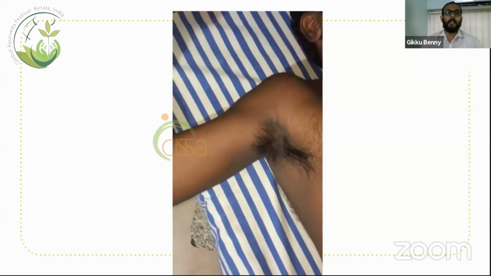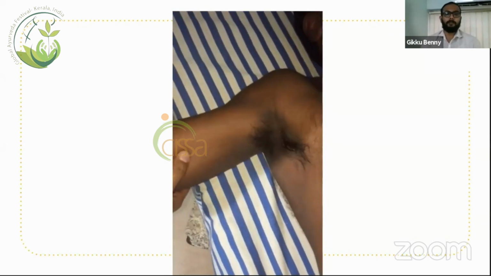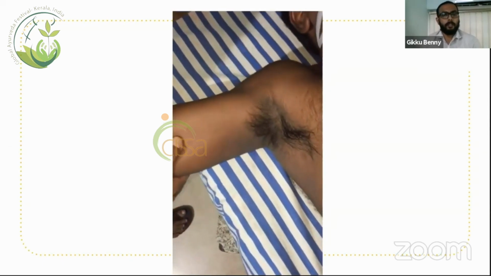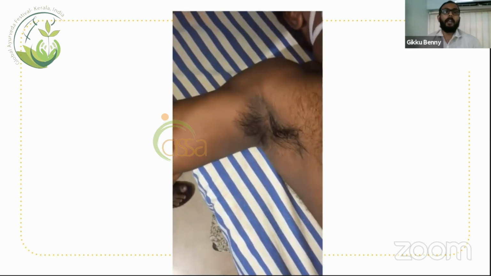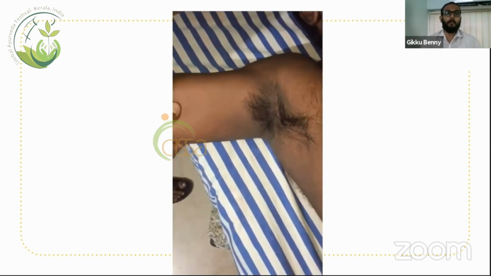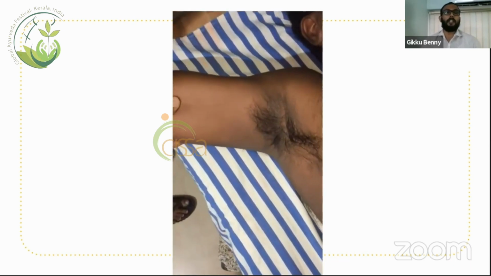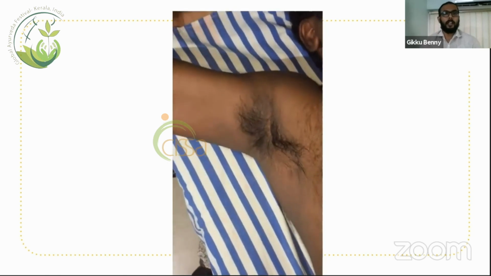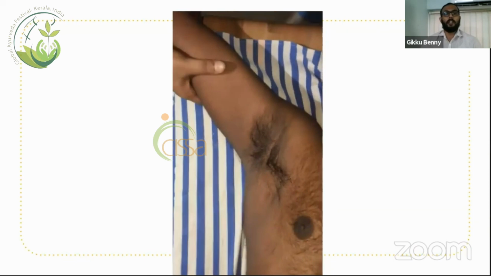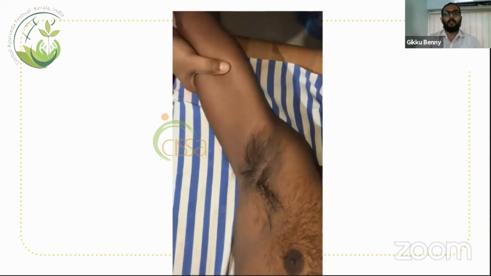Here I am explaining the modified Kocher's method or Milch method, which is explained in Adams textbook. This method was taught to me by my guide Chandra Kumar sir. It is very easy to do. In the abducted position, we do the same Kocher's method, that is traction and external rotation. A mild traction along the line of the humerus along with external rotation itself. Here you can see with the external rotation itself, the anterior shoulder is reduced.